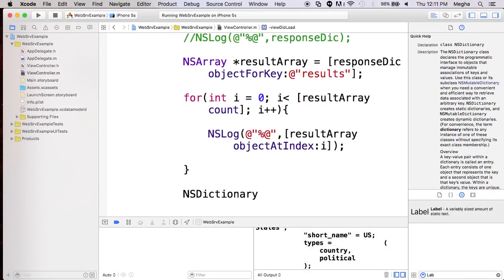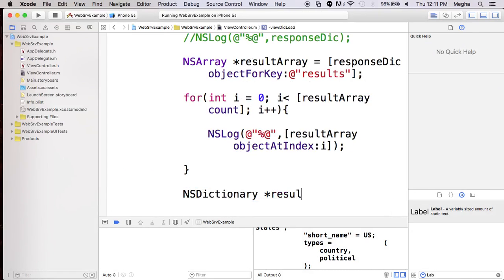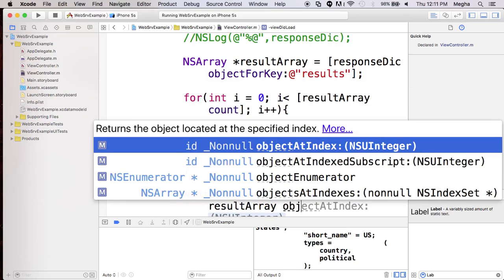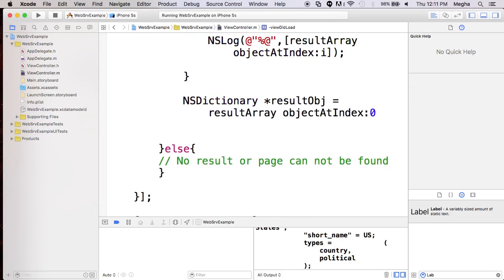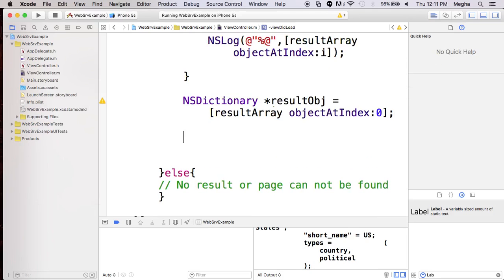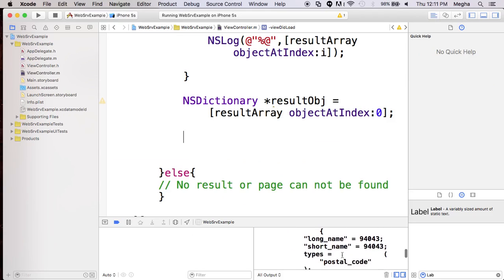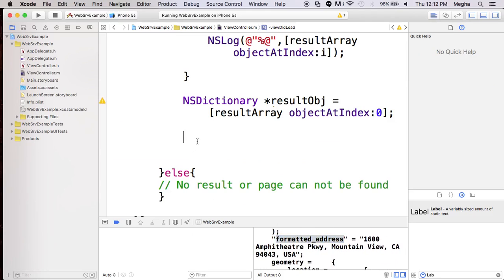NSDictionary, make a result object, result array objectAtIndex 0. The very first object we'll capture, and only that we'll process, and then that particular object, the NSDictionary, is going to have a formatted address. So